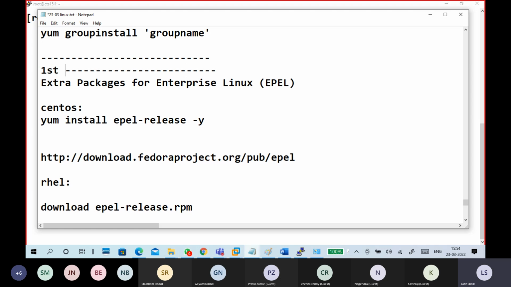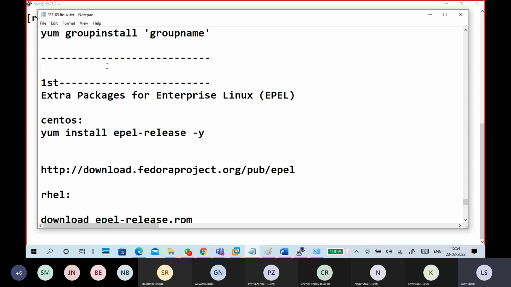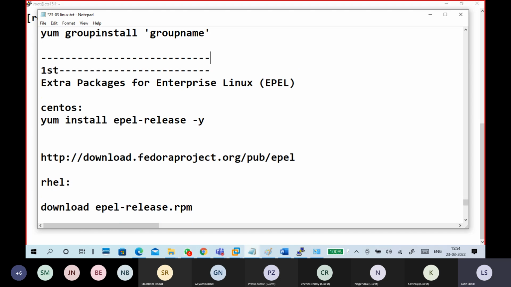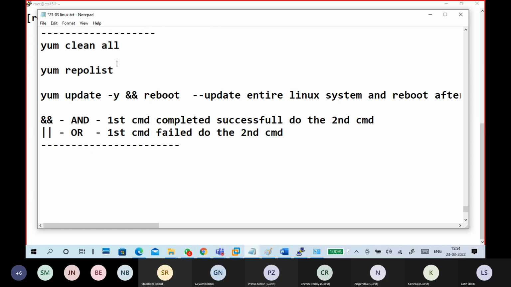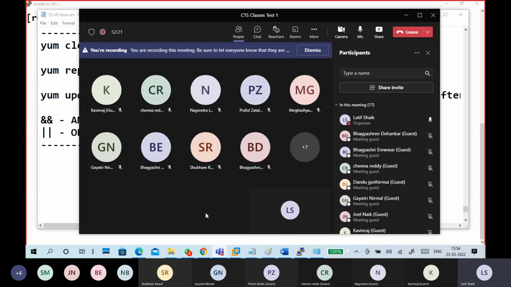This is the first step to install packages. To install package, service, administrate, like this. But I don't put any headings. Look at here. This is the first step. Download and do this kind of stuff. And no one is telling anything. Yeah, may I go to the next or not?